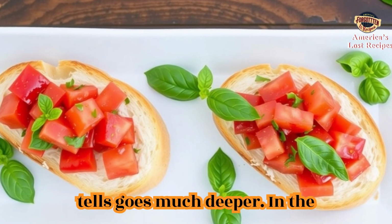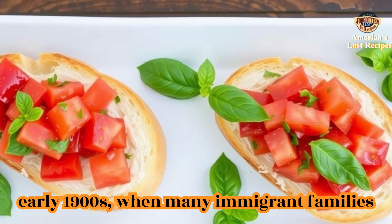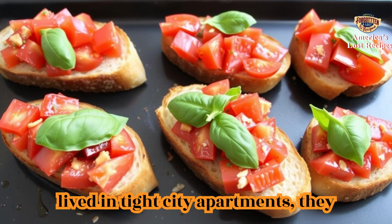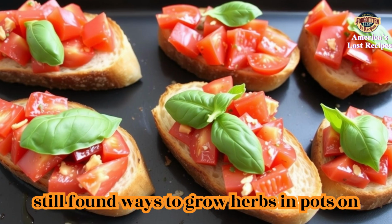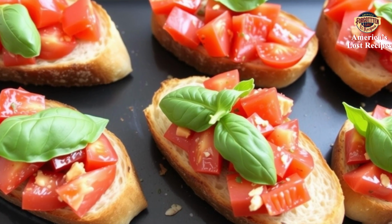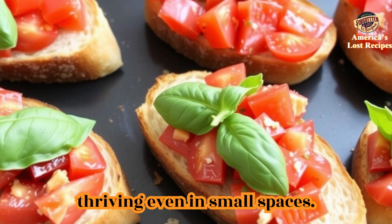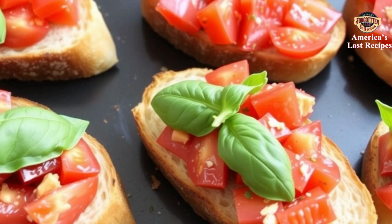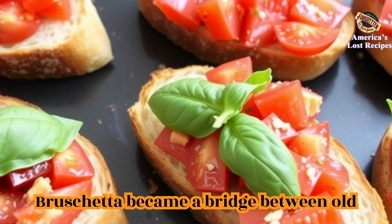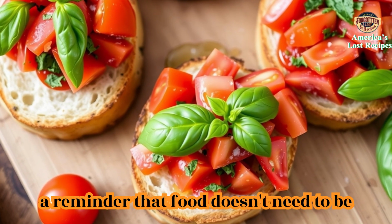goes much deeper. In the early 1900s, when many immigrant families lived in tight city apartments, they still found ways to grow herbs in pots on windowsills and small community gardens. Tomatoes and basil were two essentials, thriving even in small spaces. Bruschetta became a bridge between old-world flavors and the new American life, a reminder that food doesn't need to be